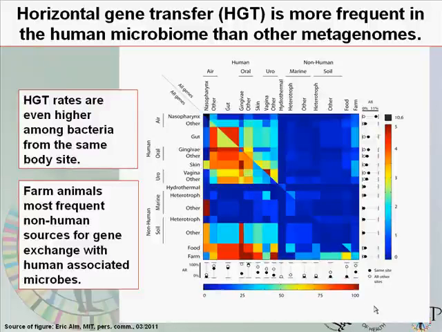Is that thought to be because we eat farm animals, or is that thought to be because there is a certain subset of the population that lives close to them? If I understand Eric's results, it's actually because we eat farm animals. Although you can't separate that, yeah. But it's because many of us are carnivores. Because we feed farm animals antibiotics.